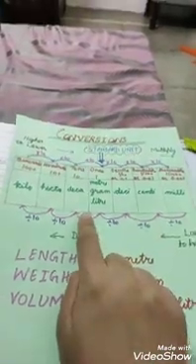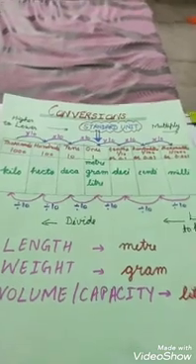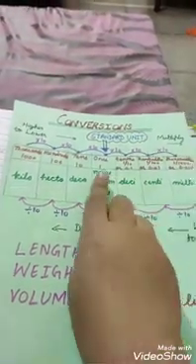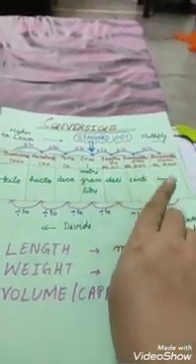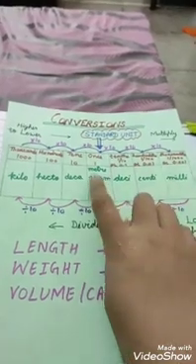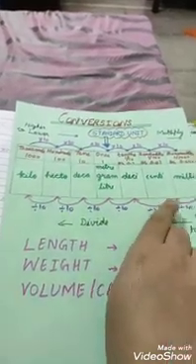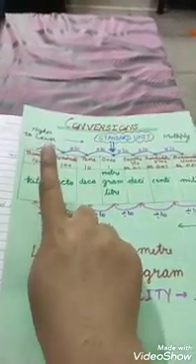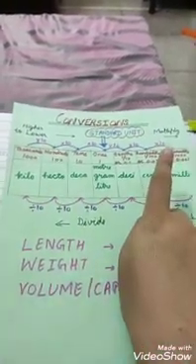So I have made one combined table which includes all the standard units. When you see it, it is just like the way you write numbers. It has ones, tens, hundreds, and thousand columns on the whole side, and tenth, hundredth, and thousandth columns on the decimal side. So in the ones column, I have written all the standard units, and here we have different conversion factors on both the sides. If you want to convert from higher to lower, then you have to multiply.